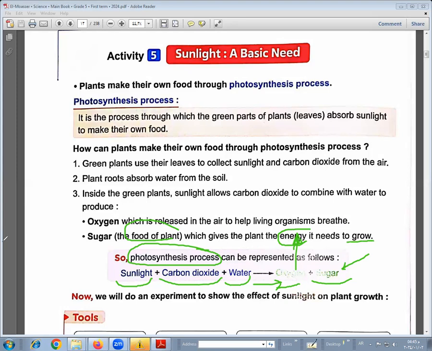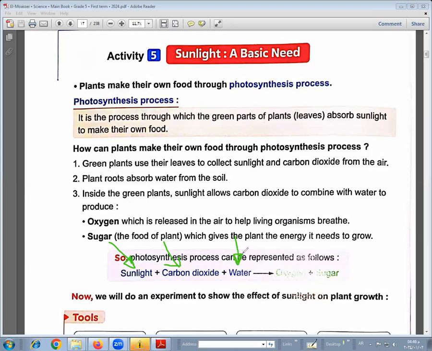And we'll talk in our next video about how can a plant absorb sunlight? How can a plant absorb carbon dioxide? How can a plant get this water? Who knows the answer? How can a plant absorb sunlight? Yes, by chlorophyll found in leaves. And how can plants absorb carbon dioxide? Yes, by stomata. And how can plants absorb water? By root. Excellent. Now, all this will collect in the leaves of the plant,